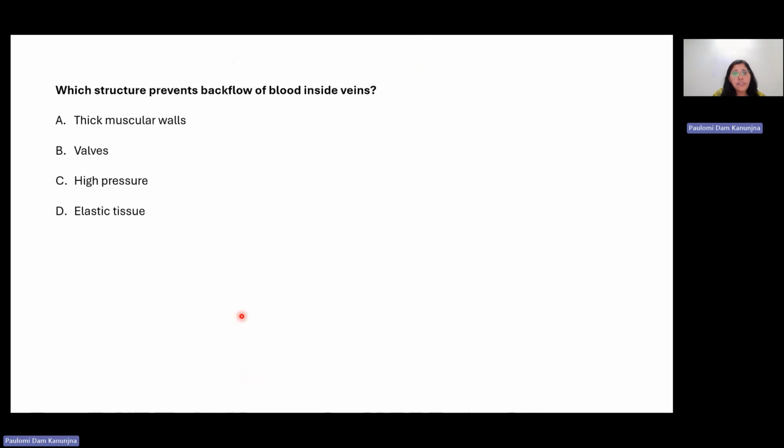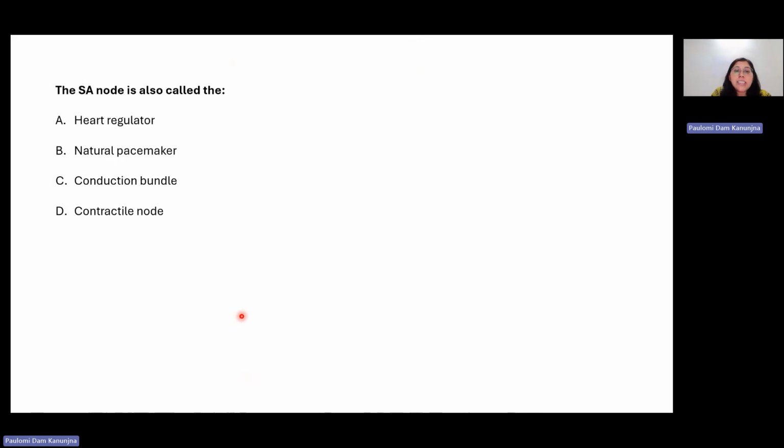This already we have discussed, so this shouldn't be very difficult. Which structure prevents backflow of blood inside veins? That's valves, right? Okay, so the SA node is also called the